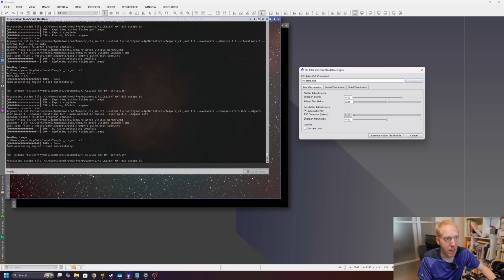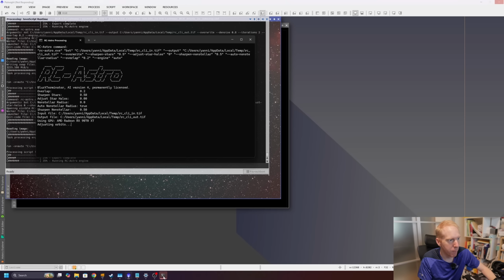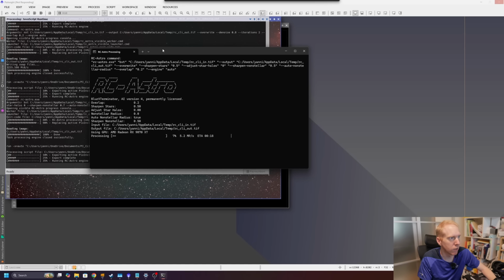Let's run Blur Exterminator with the default options. Execute the script. It's going to run on the active image. You can see we have a little bit of a progress bar. And then after a bit, you'll see this little thing happening. So you can click on it to see the actual